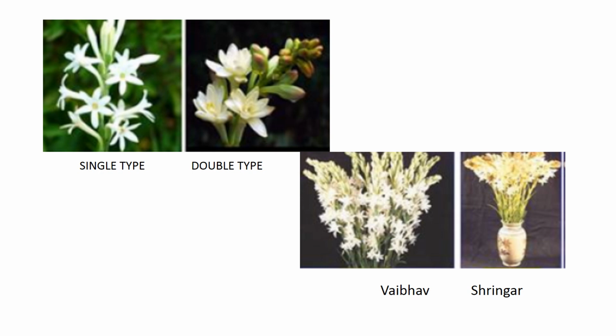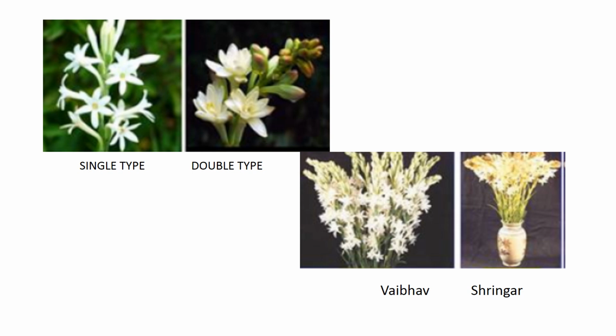So, in case of corolla segment, the number of rows of flower matters. If there is one row of corolla segment, this is called single type of variety. And generally single type varieties are pure white in color and highly scented as compared to double type. It has a highly fragrant odor. So it is more useful in perfume making.